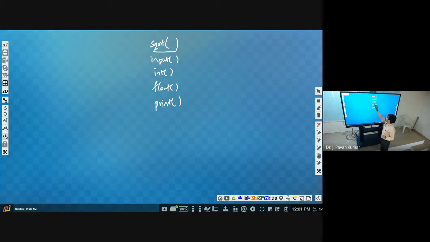In order to use input, int, float, print, we haven't done anything. We have just used them directly. But whenever we try to use sqrt, it will not allow it directly. Why? Whatever functions we use directly are available by default.